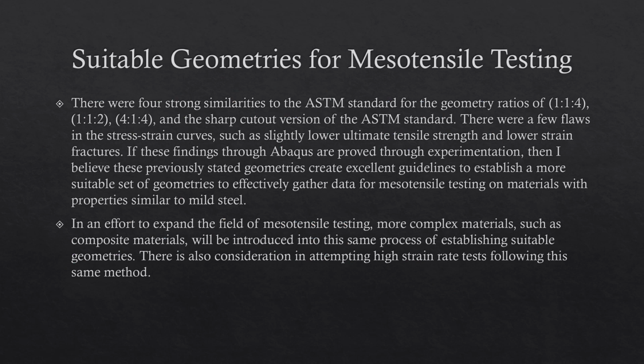In conclusion, there were 4 strong similarities between the ASTM standard for the geometry ratios of 1 to 1 to 4, 1 to 1 to 2, 4 to 1 to 4, and the sharp cutout version of the ASTM standard. There were a few flaws in the stress strain curves, such as slightly lower ultimate tensile strength and lower strain